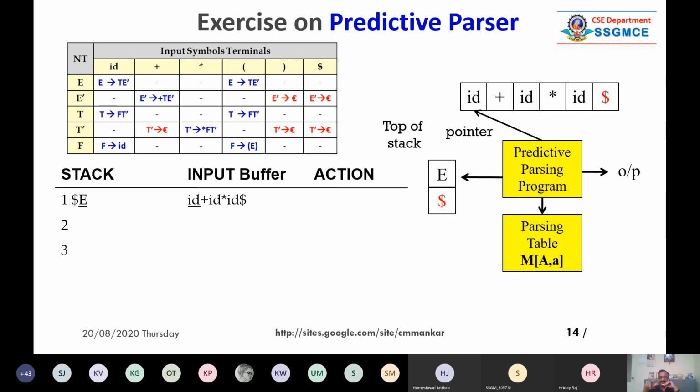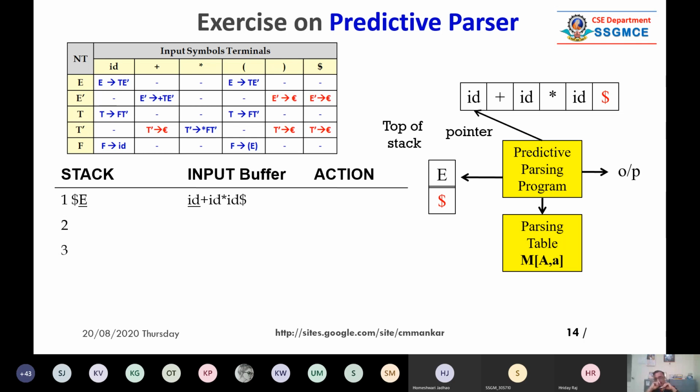And we consume these tokens by substituting the appropriate non-terminal, by referring to the parsing table. This is called consumption of a token. We shall understand what is consumption of a token. Consumption of a token means what? We are reading the token from the buffer. We are doing some push or pop, or maybe advancing a pointer. When we advance a pointer one place ahead, it means we are consuming a token successfully. And when we consume the complete string of tokens, we say that we have done successful parsing or generation of the syntax tree. So here, see, there is a line: stack, input buffer, and action.